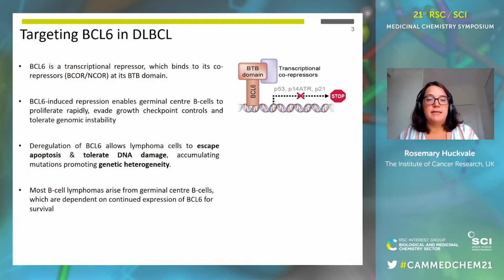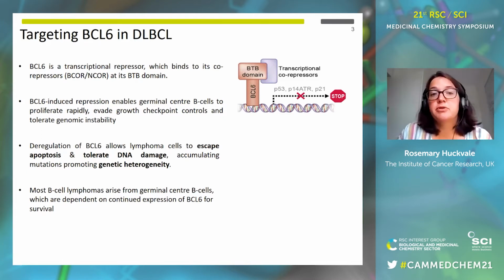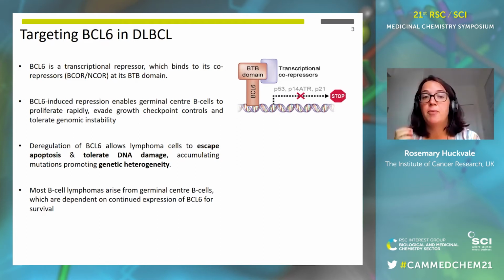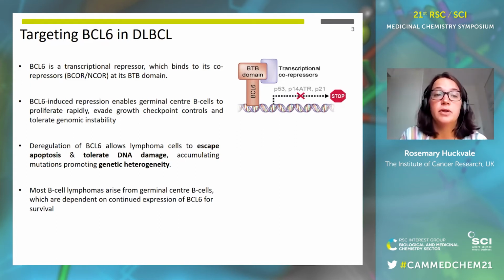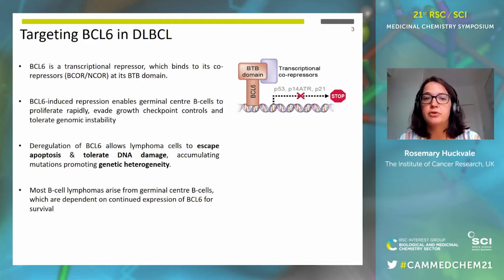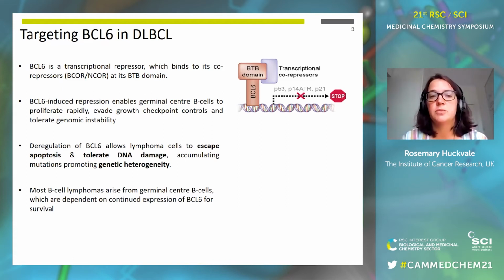So why target BCL6? BCL6 is a transcriptional repressor, which through binding to its co-repressor peptides, B core and N core at its BTB domain, represses certain genes. This is important in generating an immune response. For example, the BCL6 induced repression enables germinal center B cells to proliferate rapidly, evade growth checkpoint controls, and tolerate genomic instability, which is important obviously in affinity maturation in immune response, but it's also a process which is somewhat